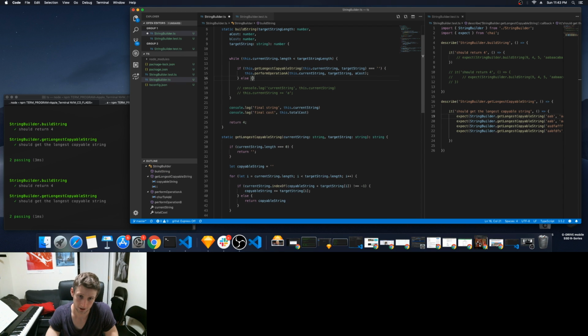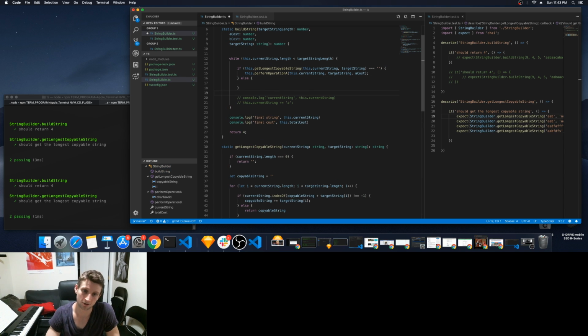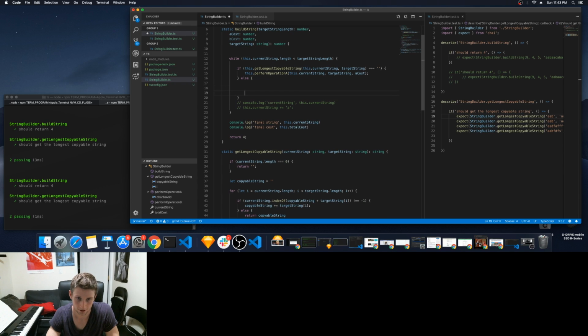But if it's not the empty string, okay, I'm not returning. I'm still in the while loop here, so I'm going to use the else here. And I'm going to say if get longest copyable string